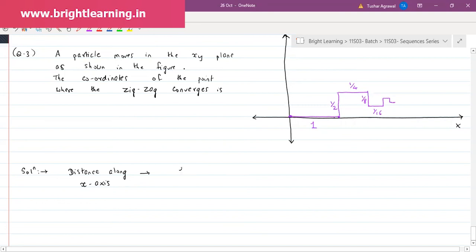So he has moved 1 unit to the right. After that, whatever movement you do along the y-axis will not have any effect on the x coordinate. So if he is going upwards or downwards, why bother about it if we are calculating the x coordinate? The x coordinate will be 1 plus 1/4,